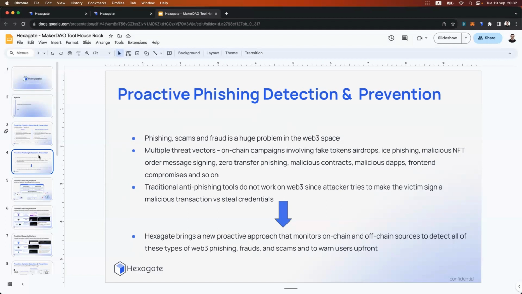We don't take an approach where we monitor specific users, but rather we monitor new sites that come in and also new transactions that might indicate a new on-chain phishing campaign, so that whenever a user of Hexagate engages with this new phishing campaign, whether it's an address or a new domain, Hexagate will know to block it right on time.